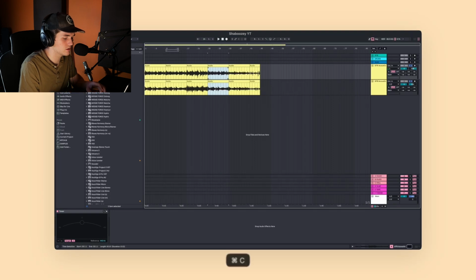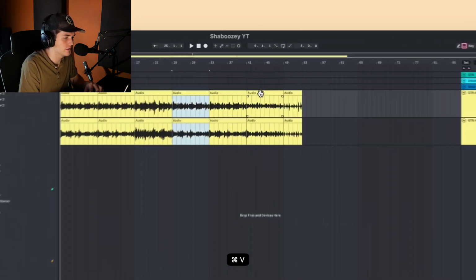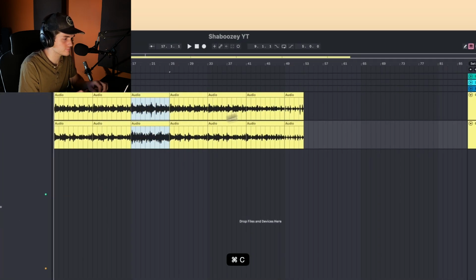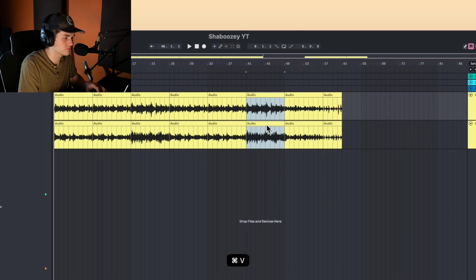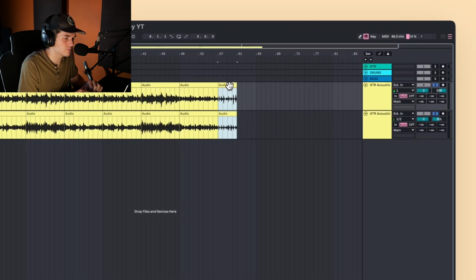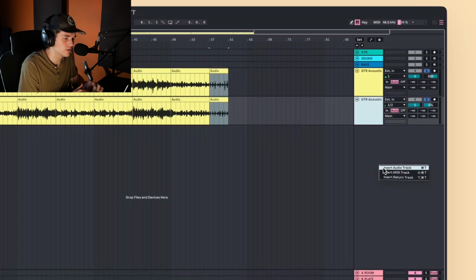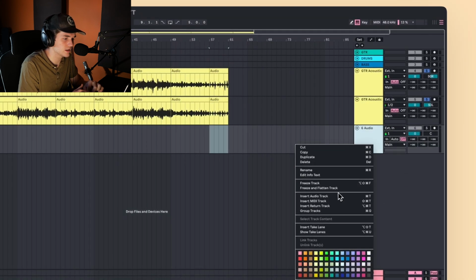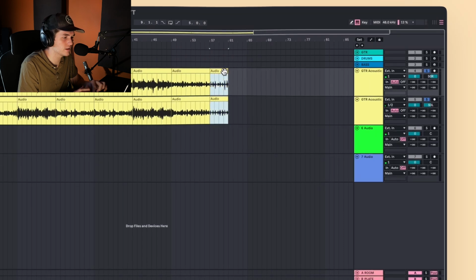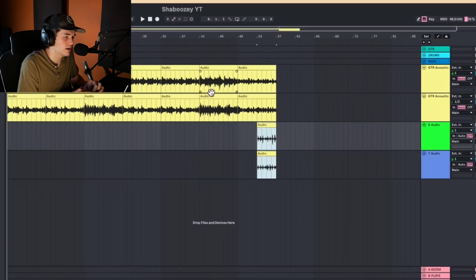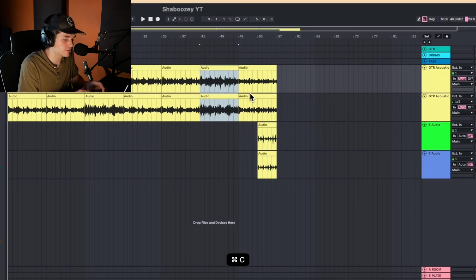Maybe we'll do that. Yeah, and then we'll go into our chorus again. This would probably be much easier if they were colored different parts, but whatever. Then there's our bridge. These parts can probably be dragged down to a different section because they're not really going to be a main part. They're going to be more of an additional part, so we'll bring those down. Maybe we'll put that here. And then maybe we'll do like a double chorus here.